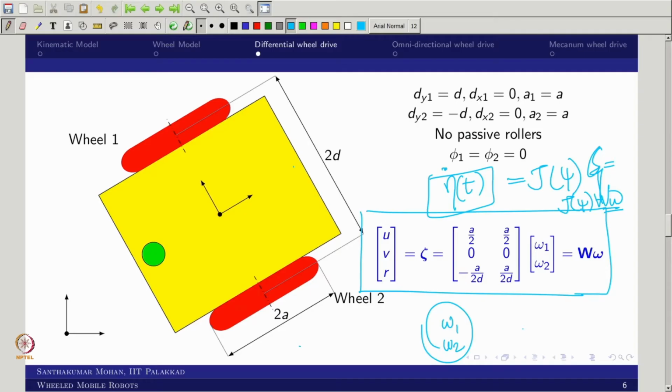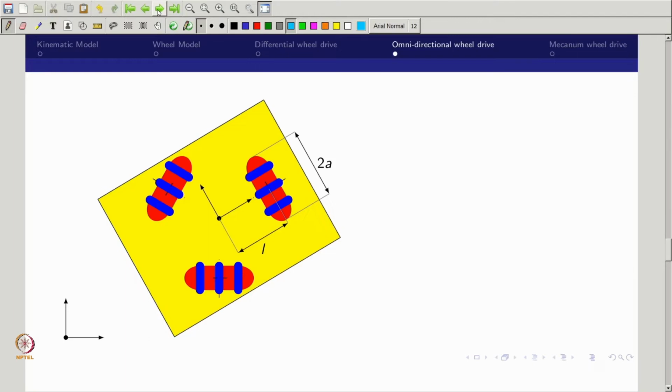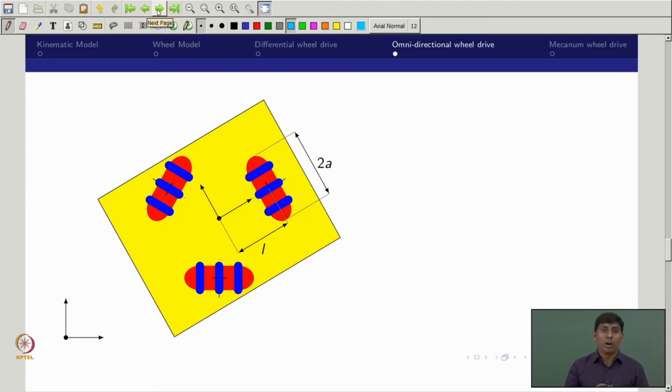In the last lecture itself I gave a hint that this can move in a lateral direction, which we can see based on this particular kinematic simulation. So I will look at the second example, which is one of the phenomena people are bringing in the current trend, because most warehouses now want autonomous vehicles, either automated guided vehicles or autonomous mobile robots, but these are supposed to maneuver within the shop floor.